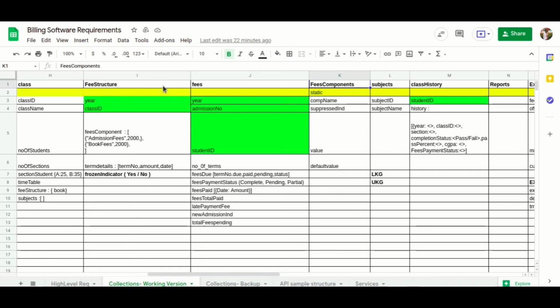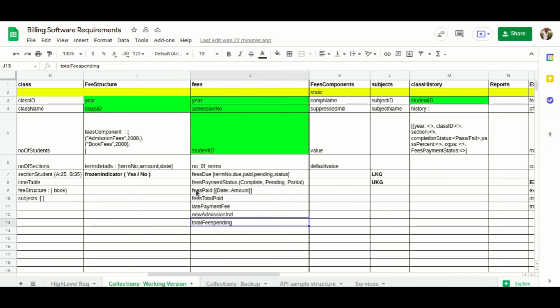Just to look more at the fees collection. In fees, we maintain the details of year, admission number, student ID, which is unique for every student, and number of terms, fees due, fees payment status, fees paid, fees total paid, total fees pending. Like that we are maintaining different fields.